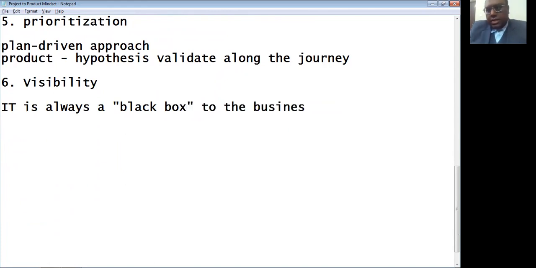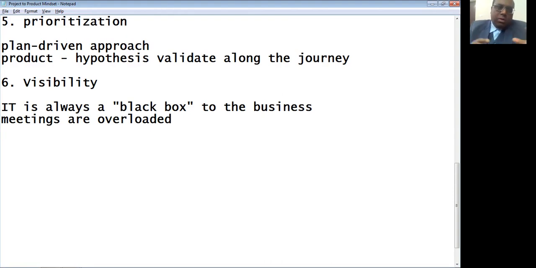Business says, hey, IT guys are doing something. IT says, yes, business has funded us. Apart from that, there is not much of a touch point. And most of the meetings are overloaded, because when people spend too much time in meetings, you tell me where will they get time to work, because everyone has only 24 hours per day. And if someone is spending almost 8 to 9 hours just sitting in meetings, I don't think the day will be very productive. Probably efficiency could be there, but not effectiveness.